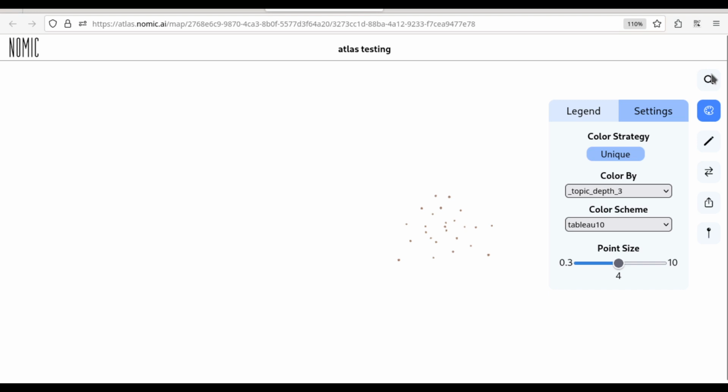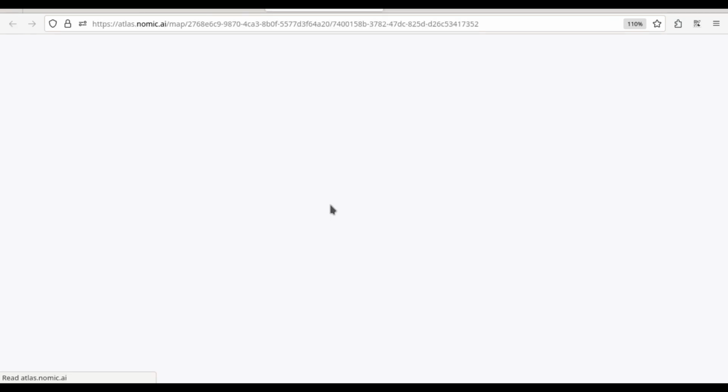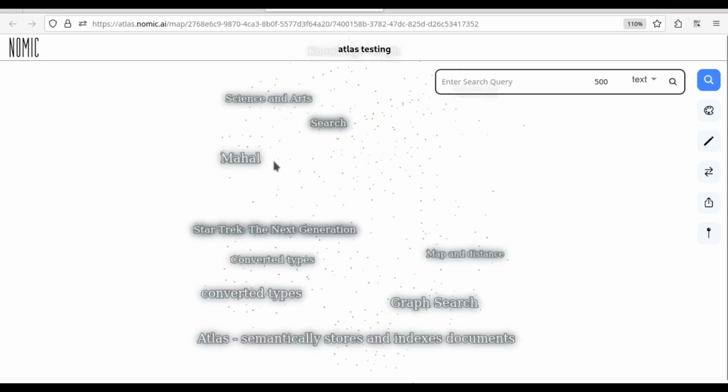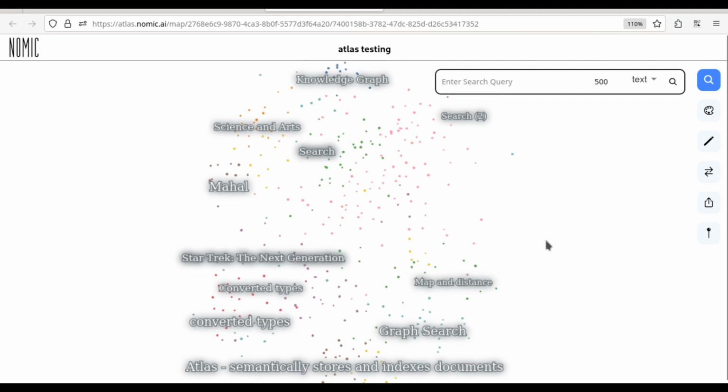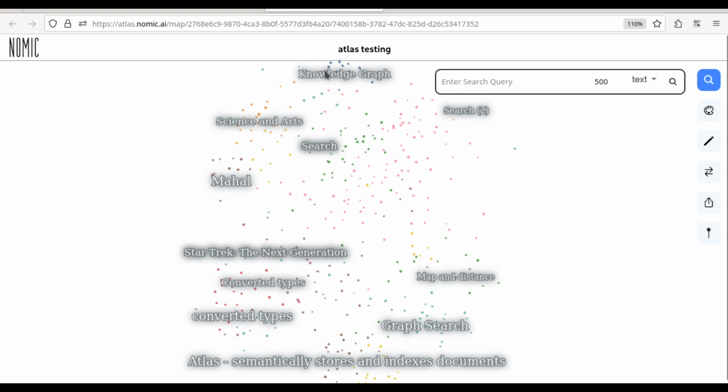Let me close this for a moment, and let me click on view online. It will take a moment for rendering, and you see that compared to the previous map, this map is bigger. This area is about knowledge graphs, and this area is about Atlas embedding documentation. You see there's a clear demarcation, because the data and the meanings of things located in this area is completely different from what